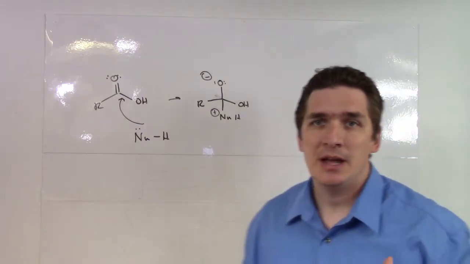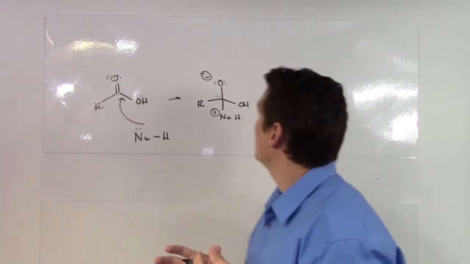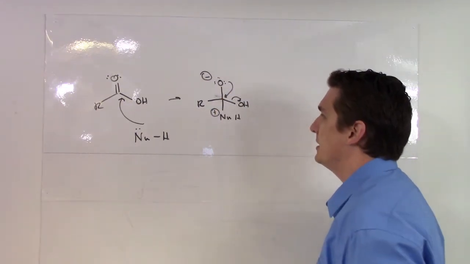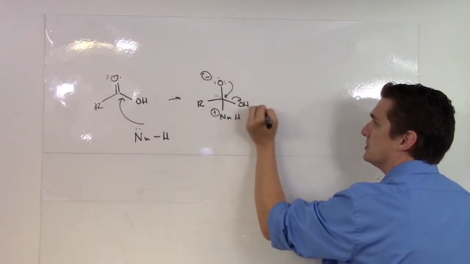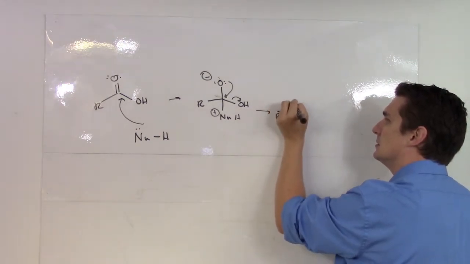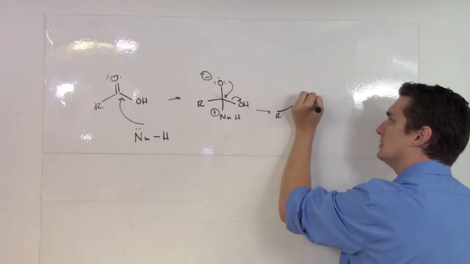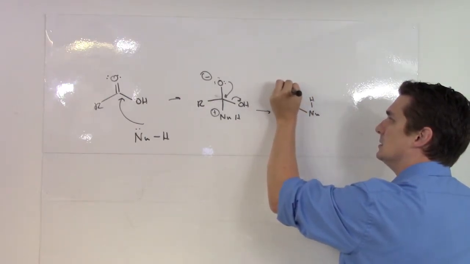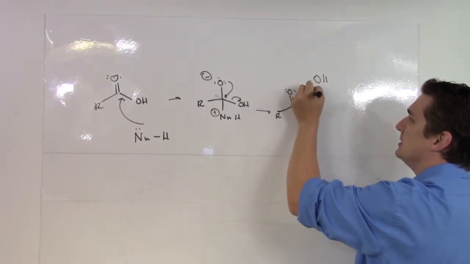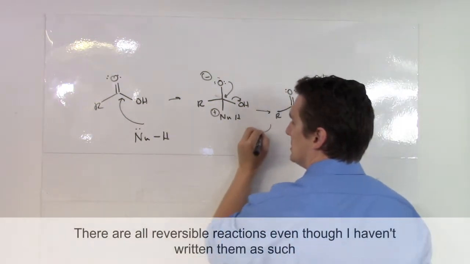We will subsequently have the double bond lone pair generated on oxygen kick back down, dislodge the other OH group, and then our OH group here is going to abstract a hydrogen from the nucleophile, and what we'll ultimately finish with